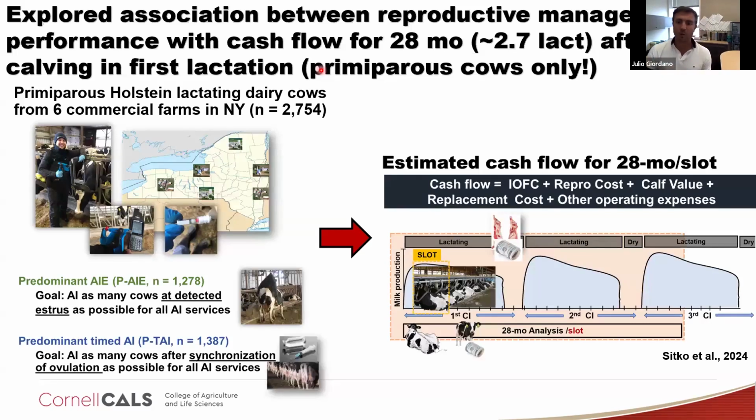So this is Emily Sitko's work, and part of this is already published. We calculated the cash flow of about 2,700 cows that we followed all the way through this period of time. And very importantly, we randomized these cows to 2 different types of management. One program was very aggressive with the use of heat detection. The idea was to use as much heat detection as possible and the least amount of timed AI possible. And then the opposite, a program that used as much timed AI as we thought was reasonable and minimized the use of